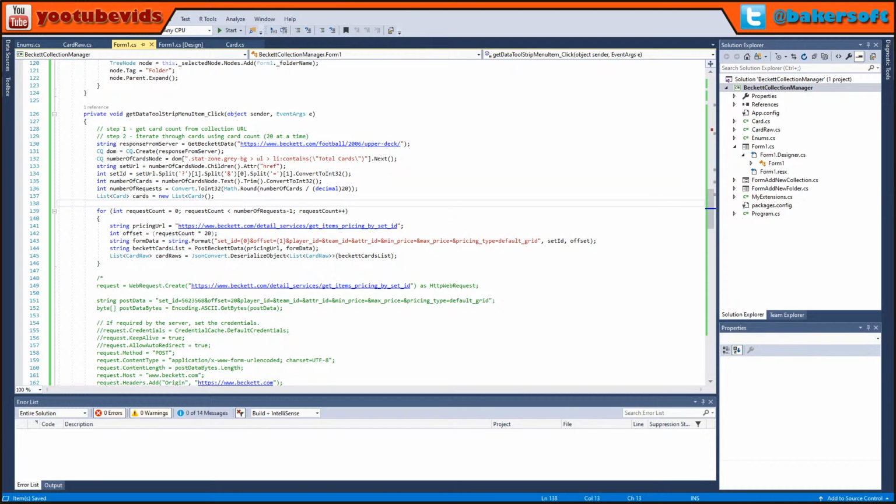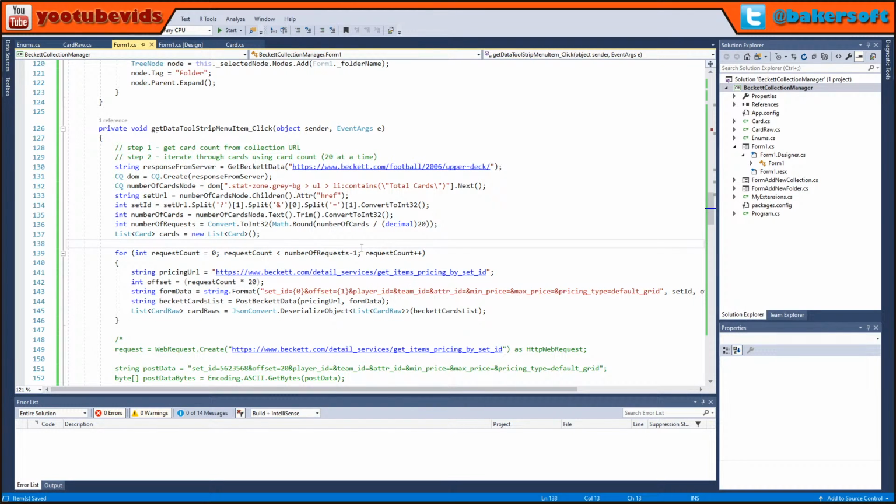So yesterday I spent some time trying to look at how to pull this data down from Beckett's website. And so one of the issues, and again, this is more for people that are looking at this from the